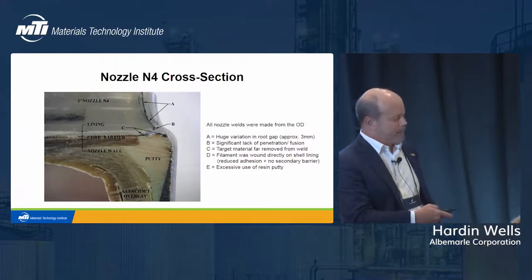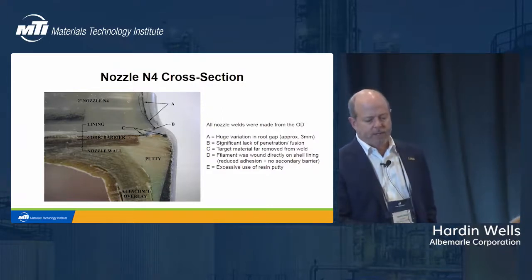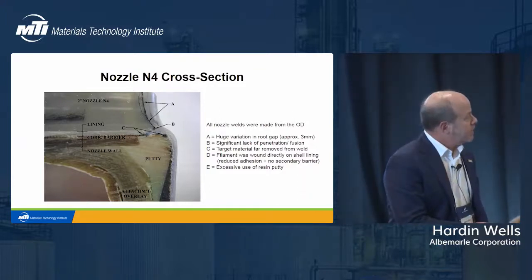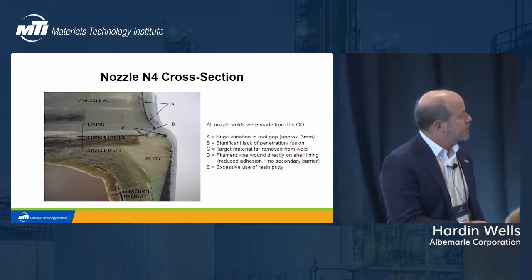But once we cut this up, we started seeing, hey, there's more stuff here that we really need to pay attention to. First of all, I don't know if you can see it, but there's conductive target material out here well away